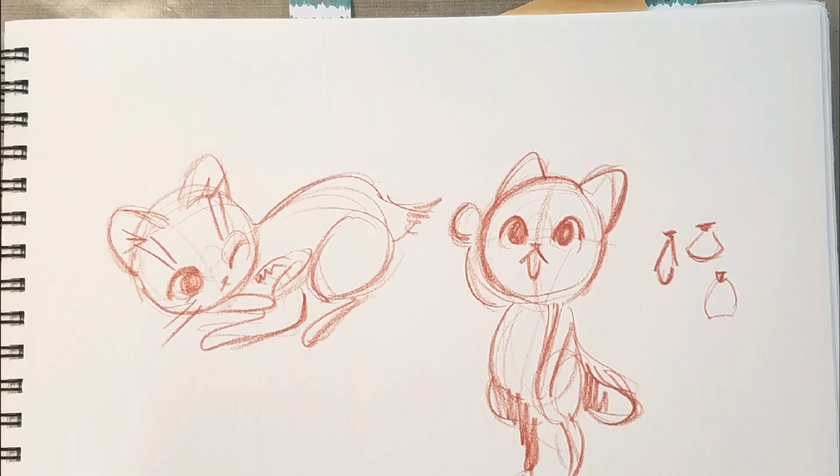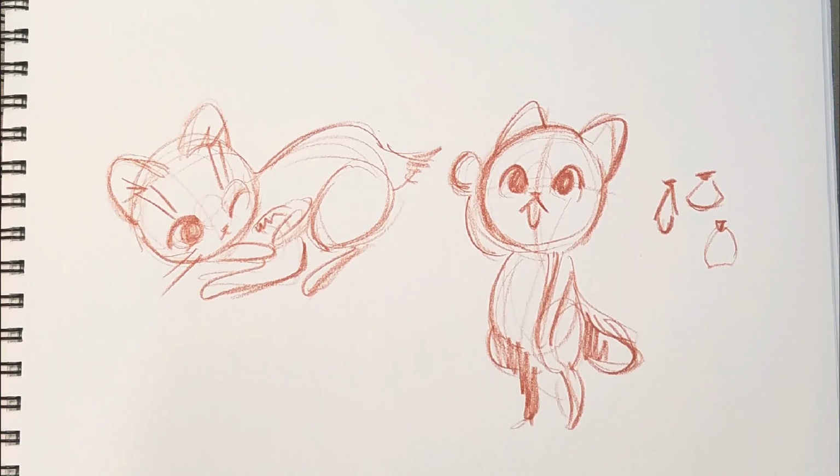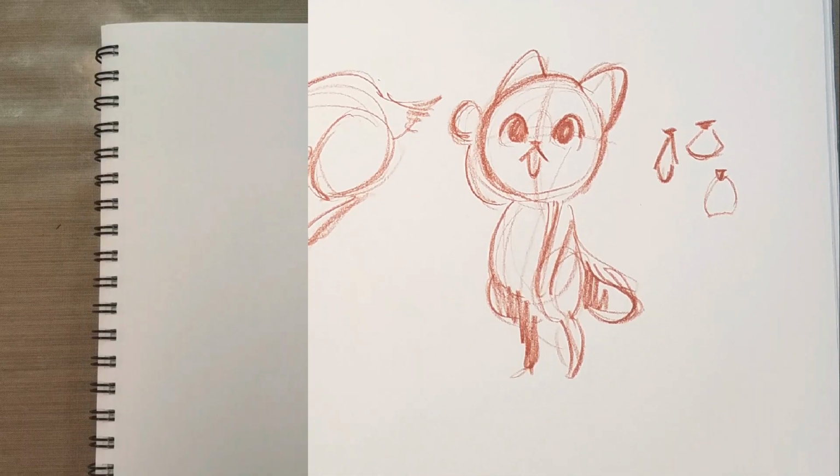Hey guys, so today's character design challenge was a really fun one for me and a little bit unique because prior to this I've mostly gotten humans. Today's challenge was to draw a lonely kitten. Last night I watched the Cat Show documentary and this morning I read Yankees, so I guess I was primed